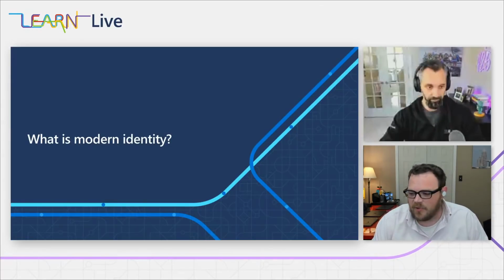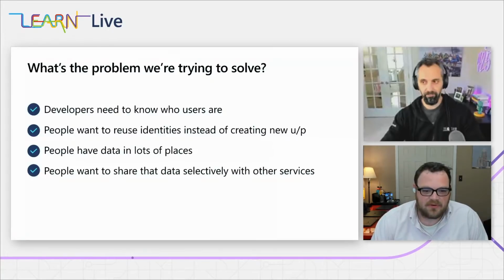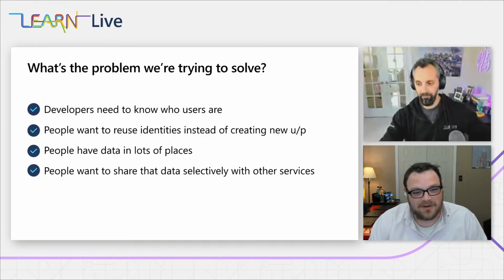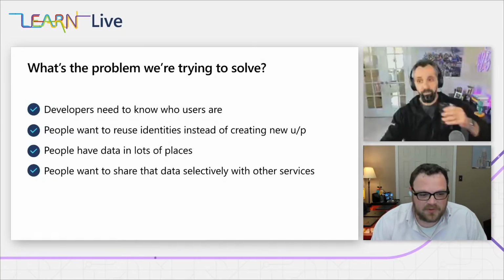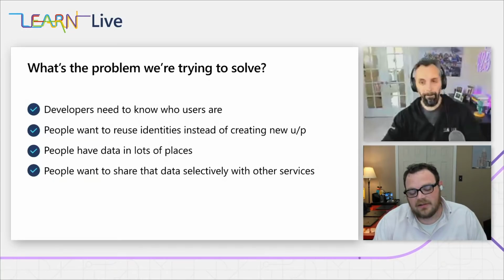So if we look at where folks are and what they need, developers need to know who the people using their apps are. That's probably one of the biggest ones. There just aren't that many apps that don't need to know who we are. Even marketing sites want to know who we are, even if we don't necessarily want them to know who we are. But if you're building an app today, a mobile app, a web app, a desktop app, anything like that,